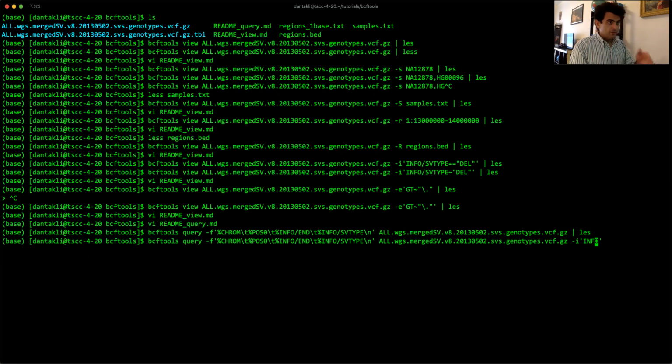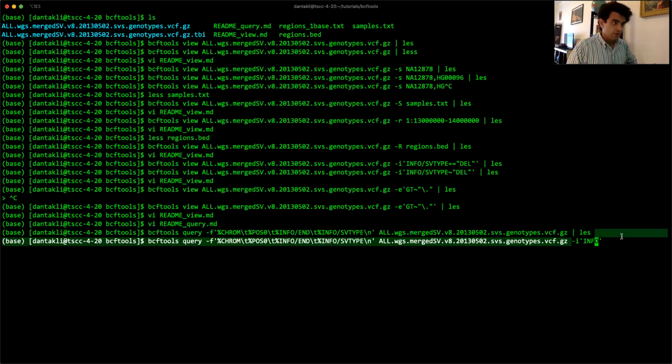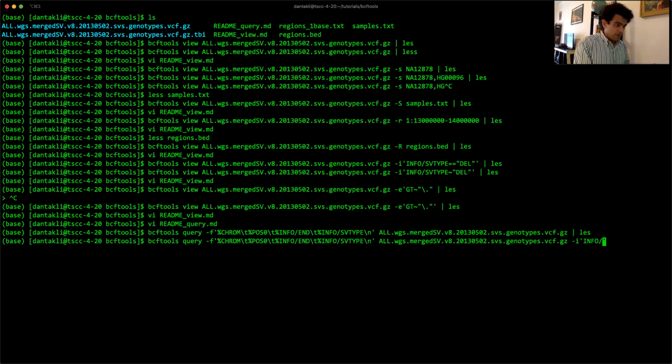info, and in this, there's a slight difference, right? When you give the format string, you do have to give the % signs, but when you give the info or the include or the exclude options, you don't give them. Maybe they'll work with them. I haven't tested it, to be honest. But anyway, info SV type matches del,